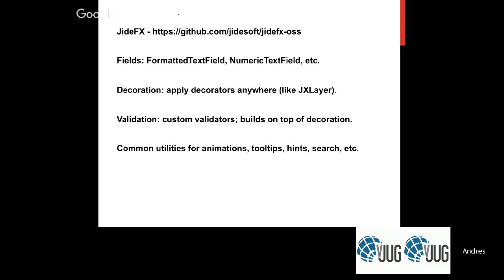It also supplies a decoration API that you can use just to add icons or change the styles for any particular widget. And on top of the decoration API, JavaFX provides a validation. So you can trigger a custom validator that you can build, or one of the built-in validators that JavaFX provides. And when one of these semantic validations fails, then a decoration will appear on the target widget that you specify. There are other utilities for creating animations in a much easier way, handling tooltips, hints, search capabilities on, I believe, tables and trees, and also auto-completion in, if I'm not mistaken, most of the text input controls. So these libraries